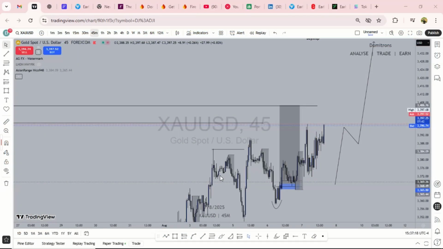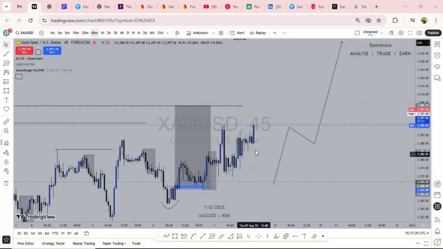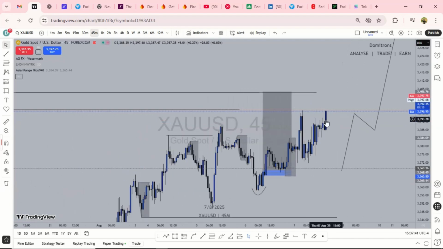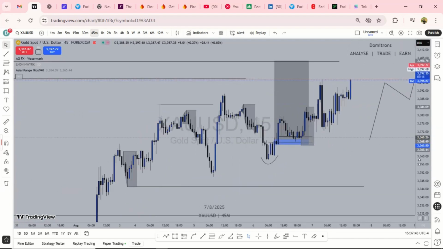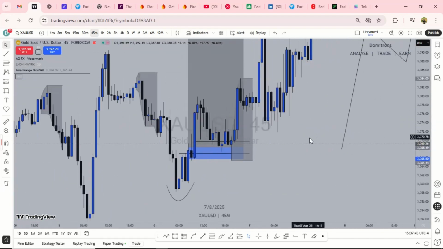Okay guys, so today is Thursday and I didn't talk about gold in the morning because I was just focused on GBPUSD. So yeah, and I was expecting to share gold ones today, right? So this is gold, and these are the updates that I'm doing right now. Now if you look closely, you can see